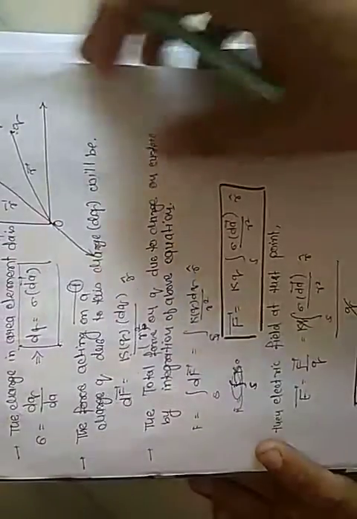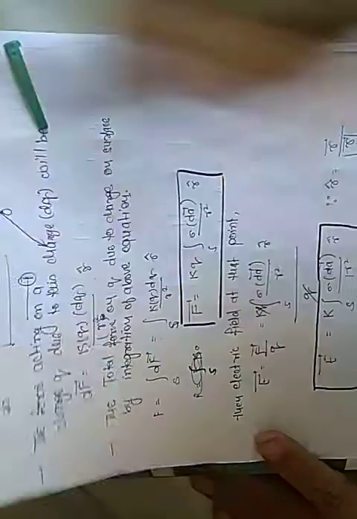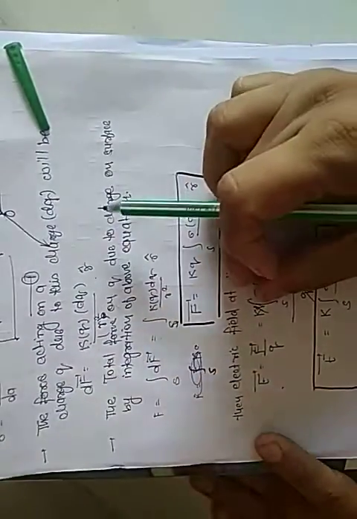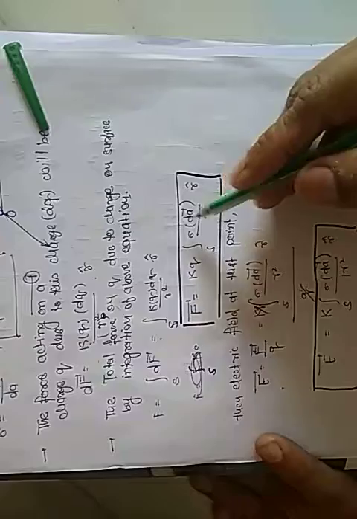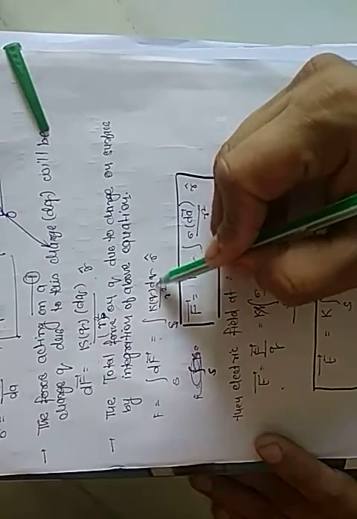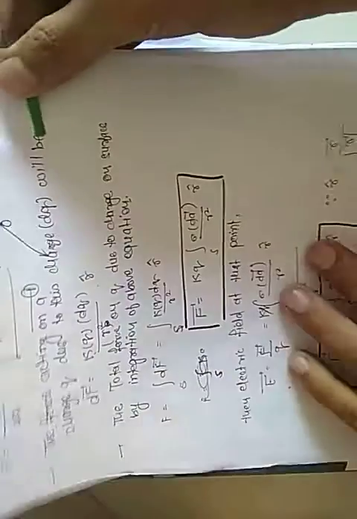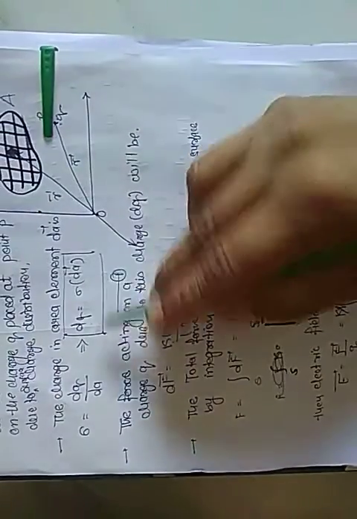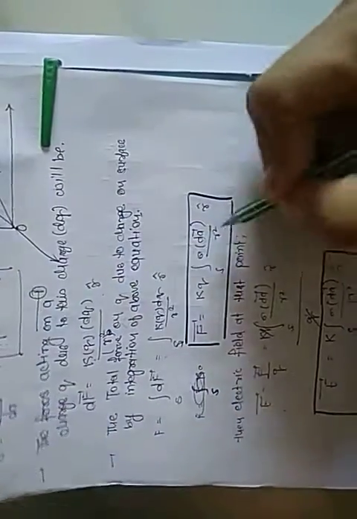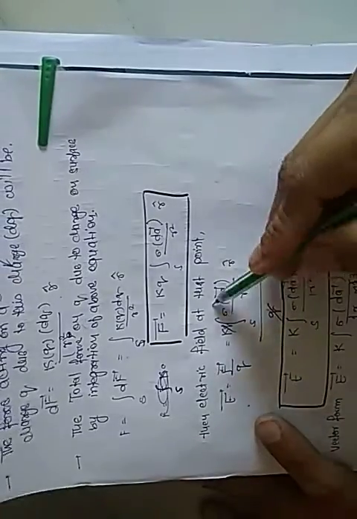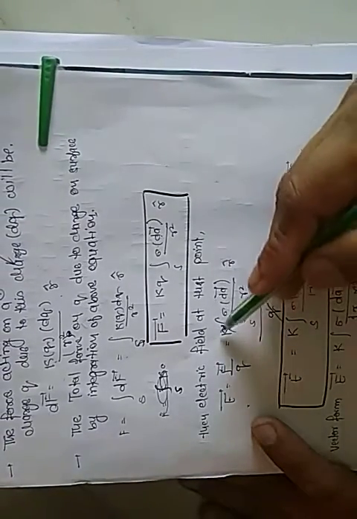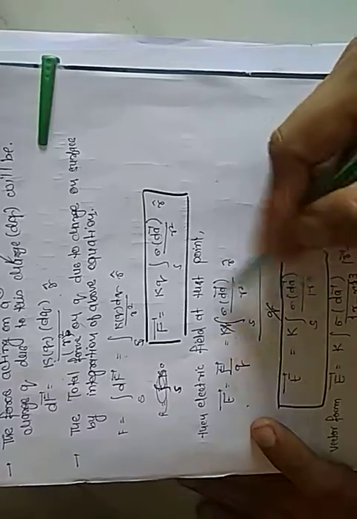If we know the force, we are able to calculate electric field. What is the formula for electric field? E is equal to F upon Q. Put the value of F here and Q in the denominator, so Q and Q cancel. Now see, we are very clear. What is the value of dq? dq is equal to sigma into dA, from equation number 1. So dq in the place of sigma into dA. So this is the force. Now similarly in electric field, force upon charge, Q cancels. What is the term remaining here? K sigma dA upon r square.